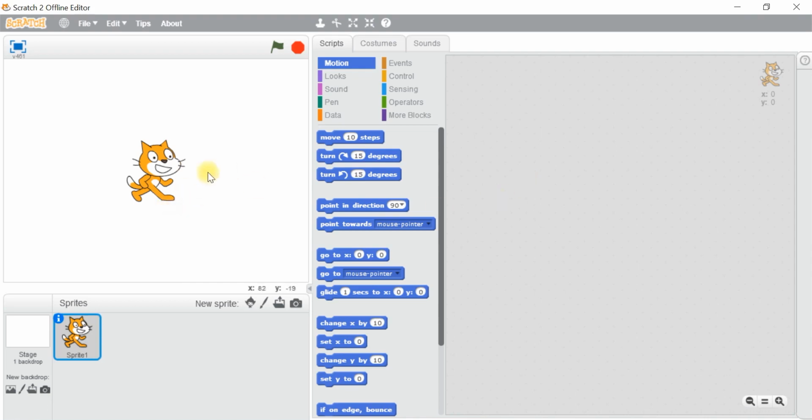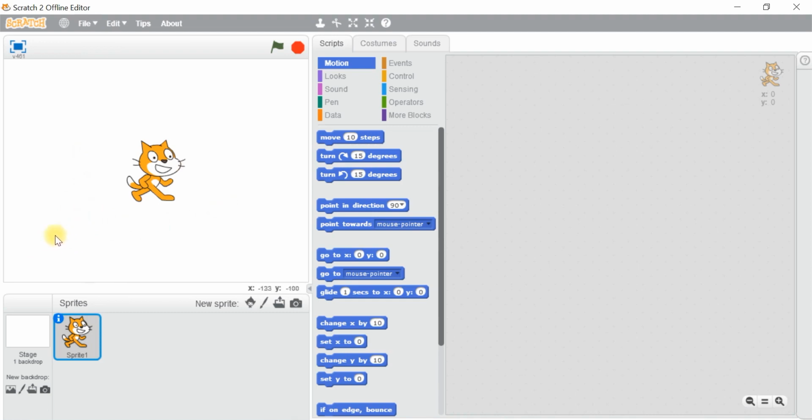Now we will see all the main components of Scratch one by one in detail. The first main component is sprite. This is a sprite, and the sprite is the hero of this programming language. If required, we can change the sprite to a butterfly, flowers, whatever is required. So what is a sprite? A sprite is a graphic character which performs some actions in the project. The cat is the default sprite. Apart from the cat, we can change to any sprite according to our wish.